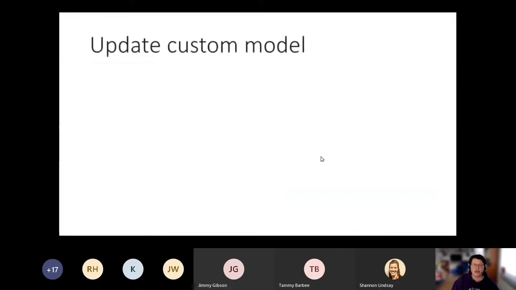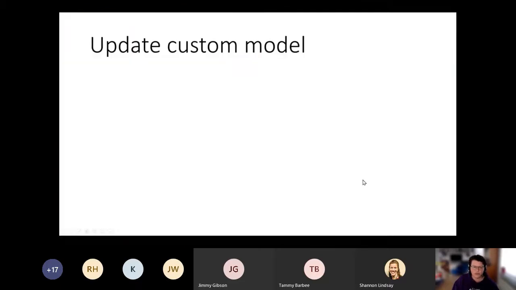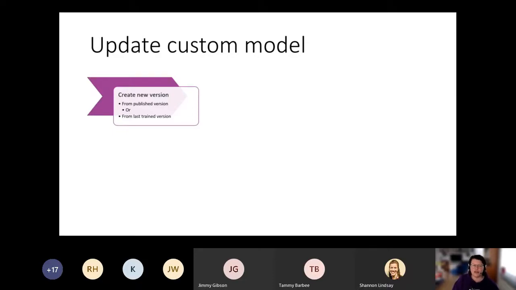So let's have a look at how to maintain and deploy a model. For updating a custom model, you can either create a new version. This is something you only have to do with the custom models, because the pre-built models are maintained by Microsoft. You only have to use them.